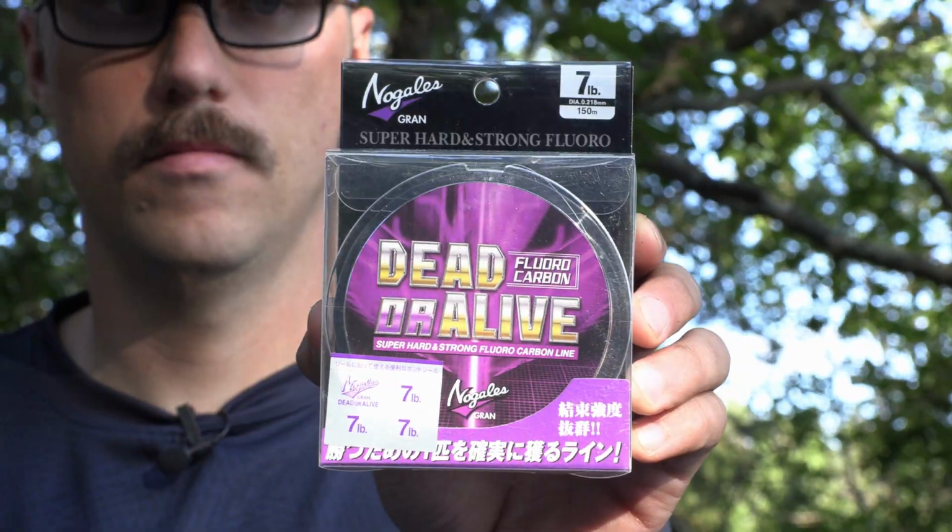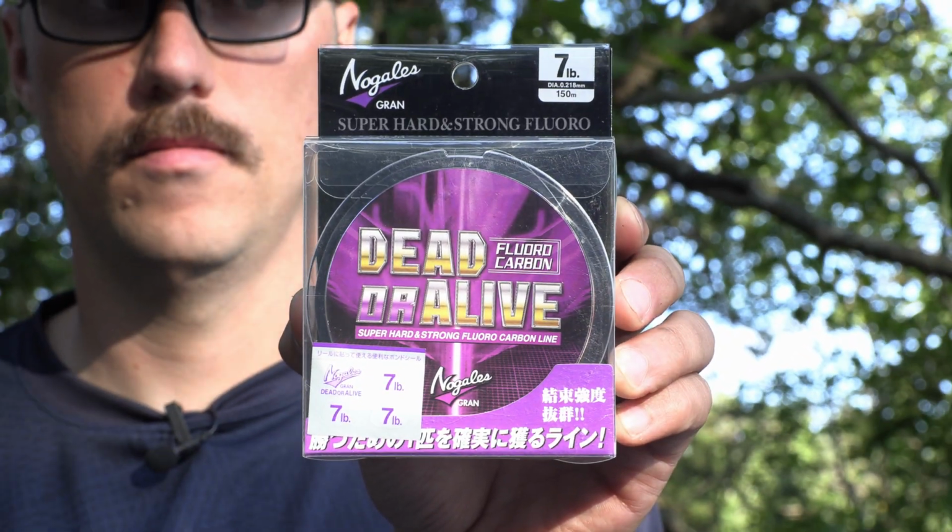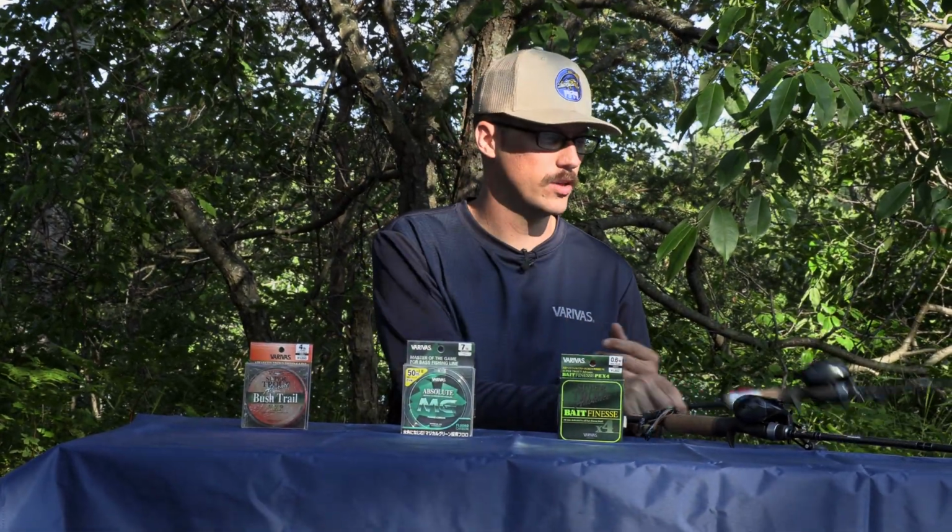Then I've also been trying this Dead or Alive line. It's a really hard, stronger fluorocarbon, so it's not going to be as BFS friendly. It's still going to be casting okay. You just have to make sure that you use a little bit more brakes and thumb, especially if you're new to BFS. But that's what I'm going to be using on